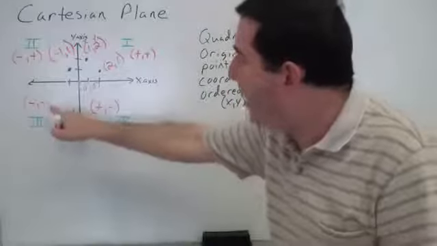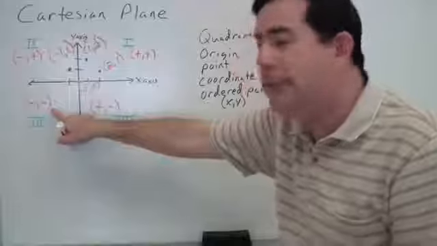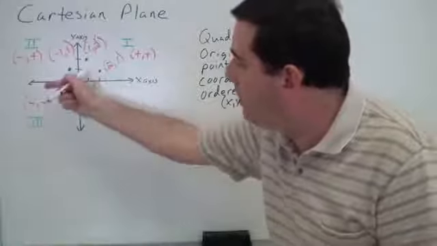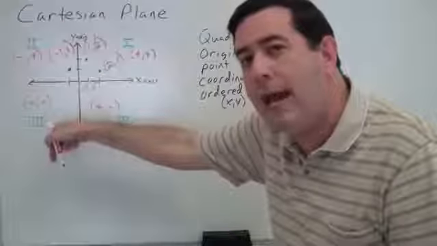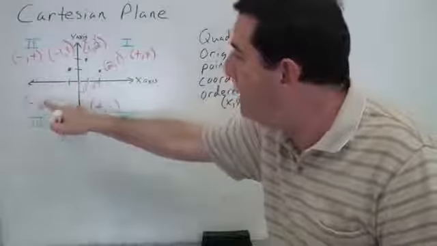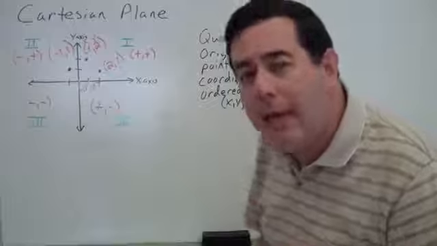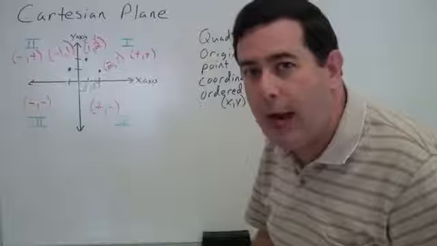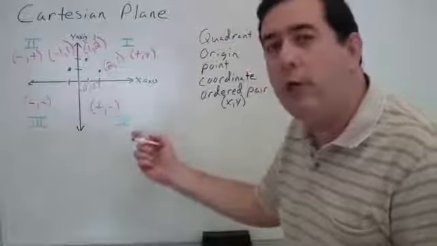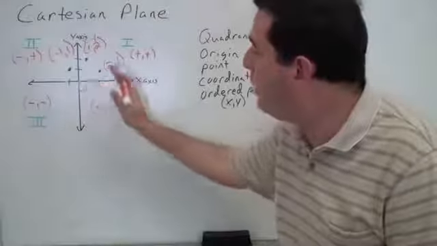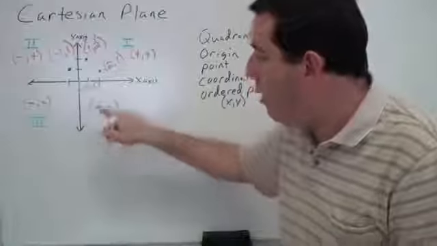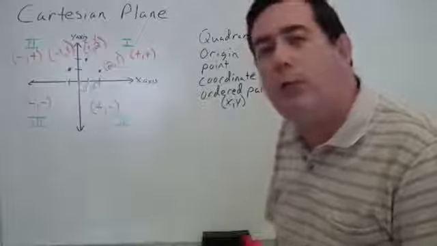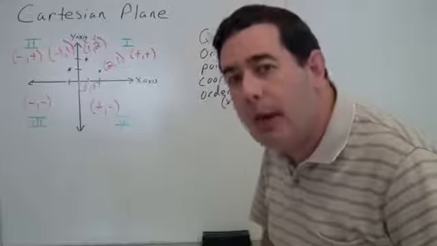Without even thinking of a point in the third quadrant, let's think about the signs there. To get out in this third quadrant, you had to move left and you had to move down. Left is negative, down is also negative, so anybody in the third quadrant would have a negative x and a negative y. How about the fourth quadrant? To get in the fourth quadrant, you need to move right and down. Right is a positive move, down is a negative move, so anybody in the fourth quadrant has a positive x